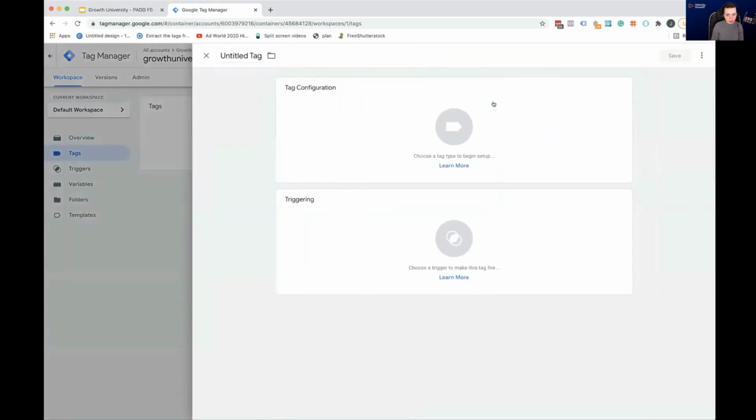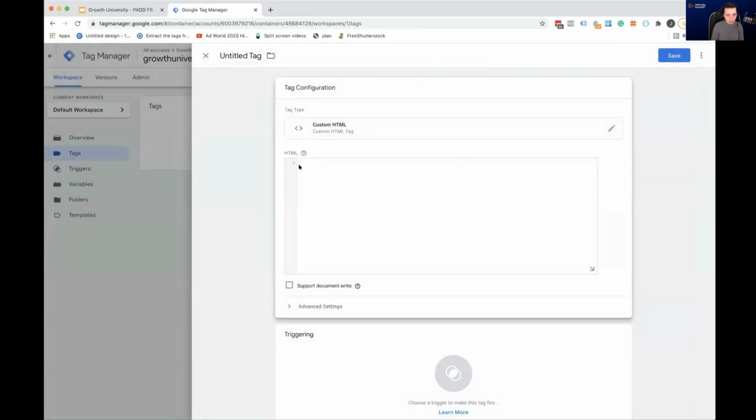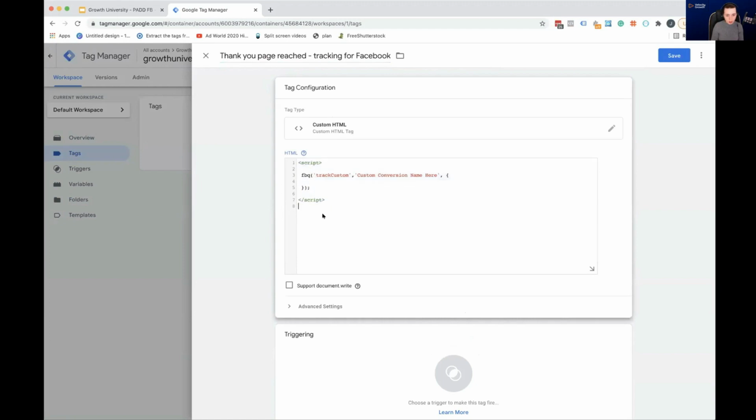What you want to do is set up a new tag. So you're going to go into your custom HTML again, which is always the one you use for Facebook, and you paste it in here. And let's just say, for argument's sake, it's thank you page reached tracking for Facebook. So this piece of code, no matter what trigger you want to feed back to Facebook, always stays the same. All you need to do is change where it says custom conversion name here, and I'm going to change that to thank you page reached. And that is the piece of text that will feed back into Facebook